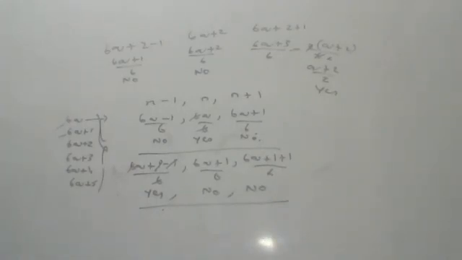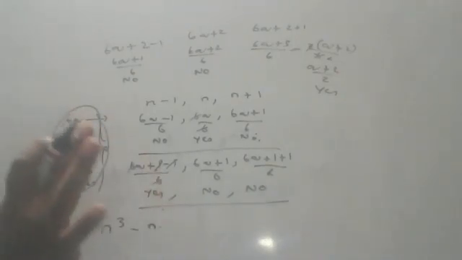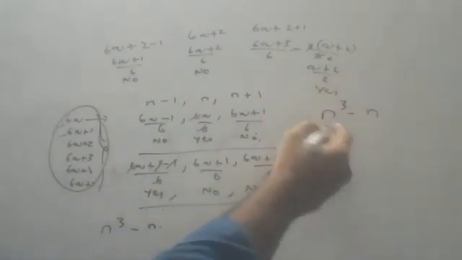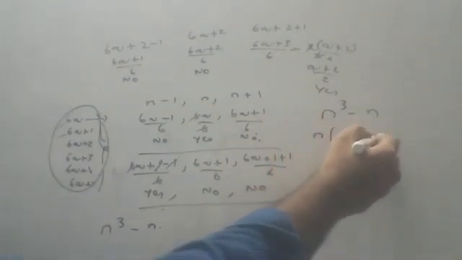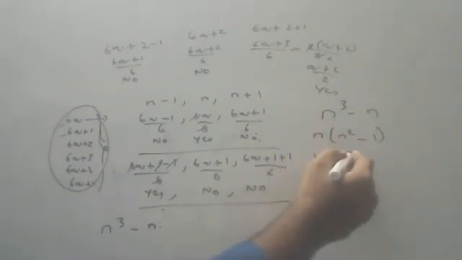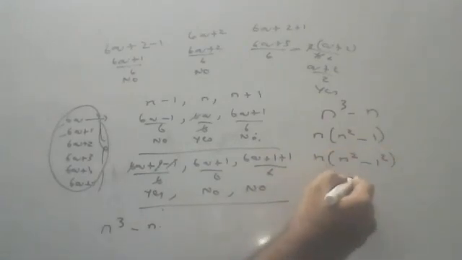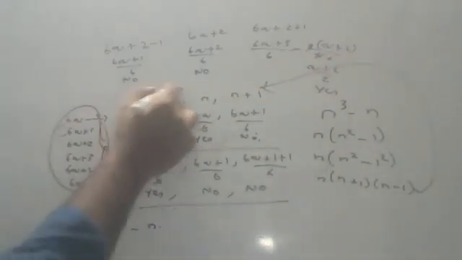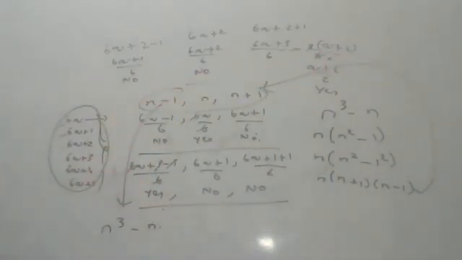For the ninth one, I'm just giving a hint. You only do it, children. Prove that for any positive integer n, n cube minus n is divisible by 6. 6 means all these factors, or check with 3, it is enough. But how to write this number? Many people will get confused, children. N cube minus n, don't take directly, children. Take n common: n into n square minus 1. This we can write as n square minus 1 square, which is n plus 1 into n minus 1. Sometimes they will give it like this also, so don't get confused. Okay, children.